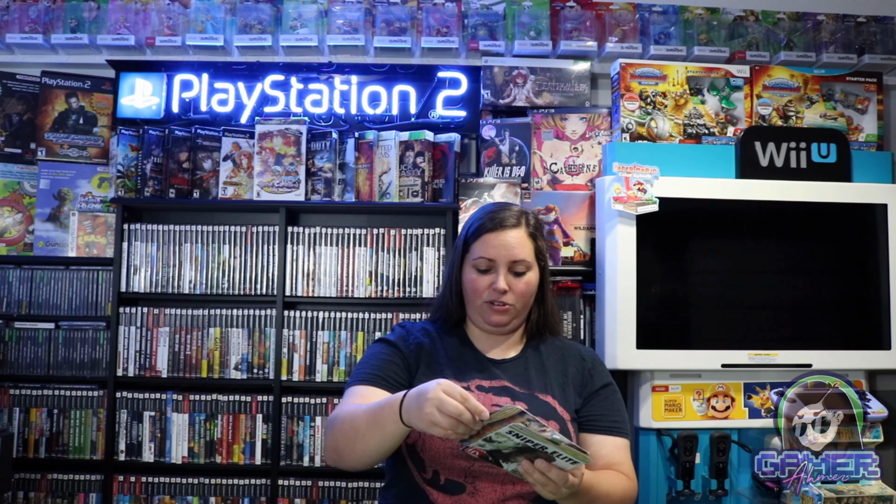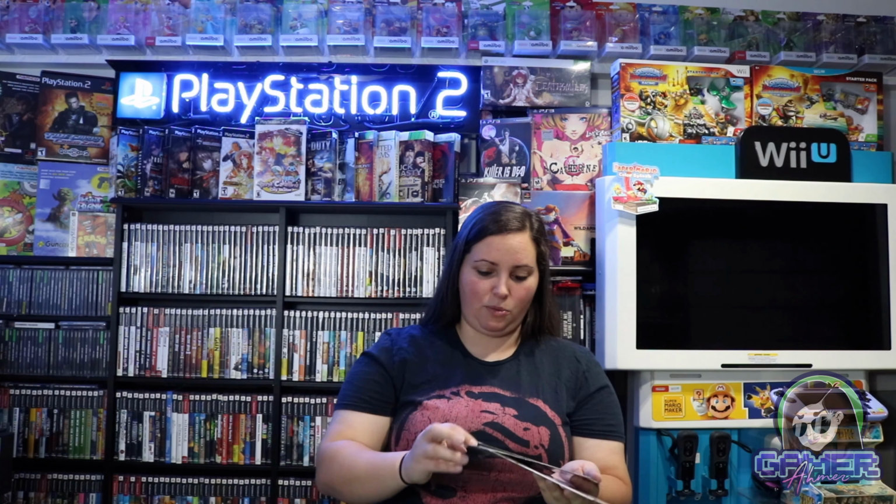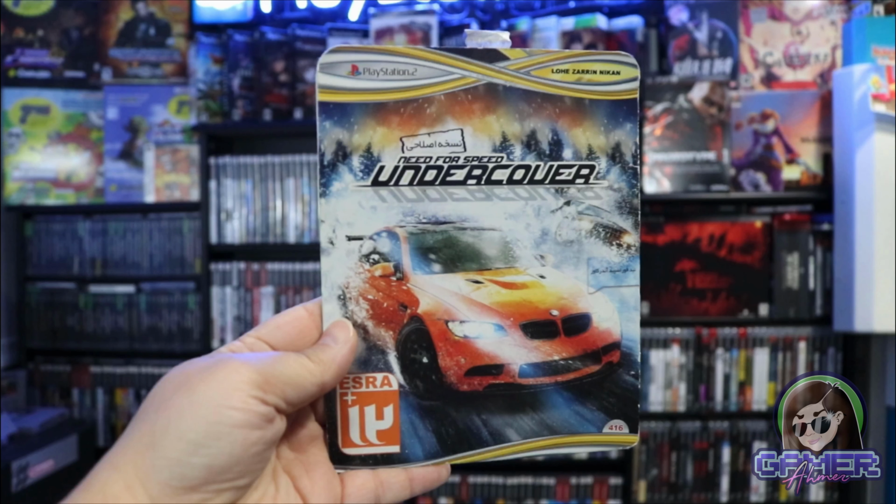I'm sure that a lot of these are censored, as a lot are in other countries. So I was just very interested in this to see kind of what they were, and kind of just to have them and show them off in the game collection. Just something different. So of course we have this one, Need for Speed Undercover for the PlayStation 2, and then